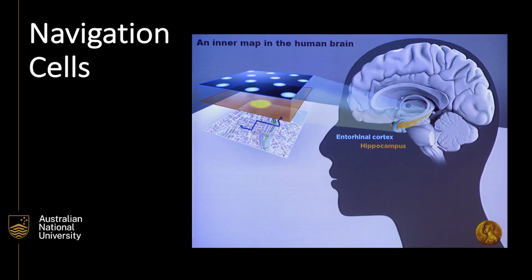So the next obvious question to a neuroscientist is, if humans and animals generate these cognitive maps to help them navigate their environment, how does the brain enable the creation and use of these maps? And we now know that in mammals and some birds at least, these maps are enabled by specialized neurons in the hippocampus. The hippocampus has been mentioned multiple times so far today. But what's special about these particular neurons is that their firing rate, which, as has been mentioned, is the way that neurons share information with other neurons,